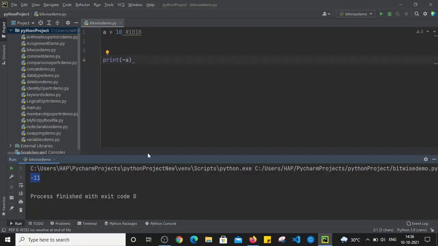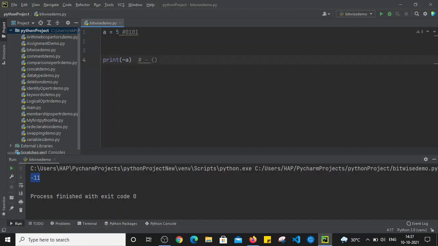Now I'm going to use another value. Let's say a holds the value of 5, and in binary format 5 is represented as 0101. When we perform the bitwise NOT operation, first it will return the one's complement.